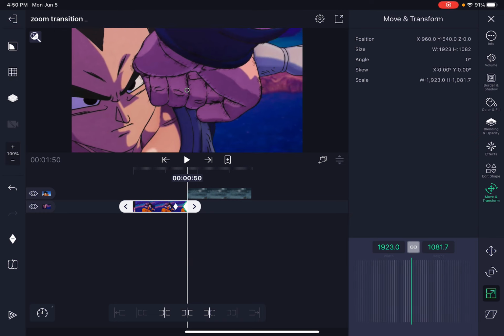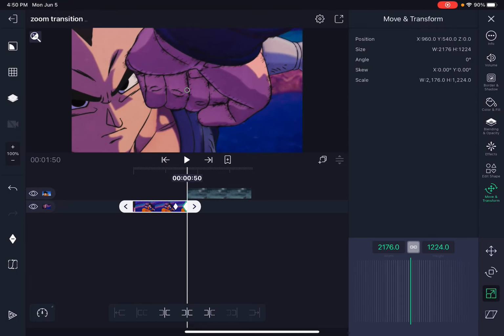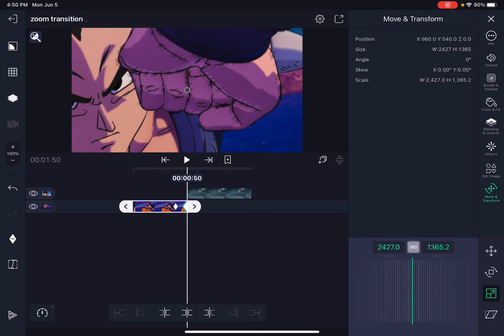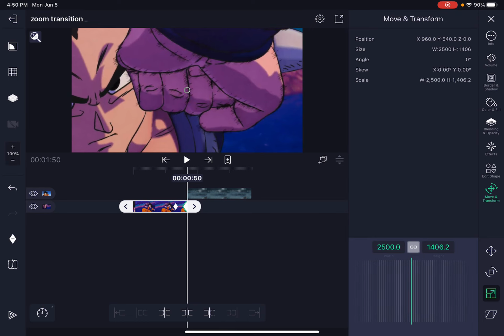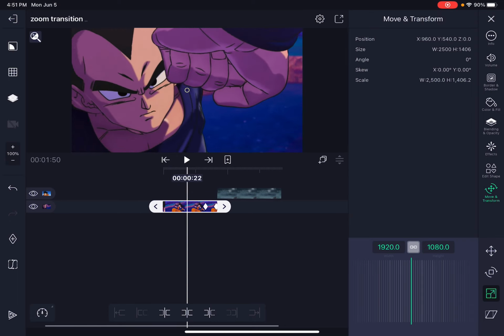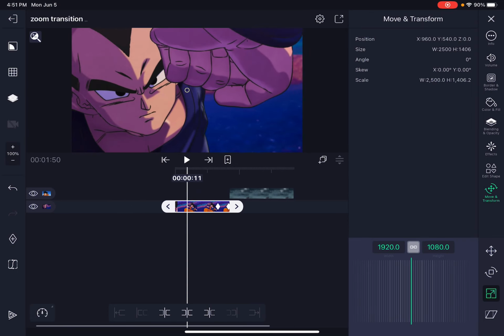So it starts at 1920 and 1080. For me personally, I just like to zoom in. You can zoom in however you want. I'm just saying don't zoom in too much, because it would just be really weird looking. I'm gonna stop like right here. So now I stop at 250, and then I stop at 14.06. So now if I play the clip,